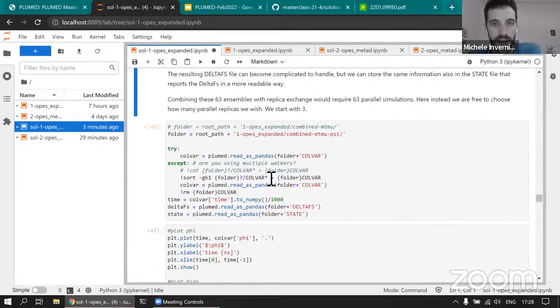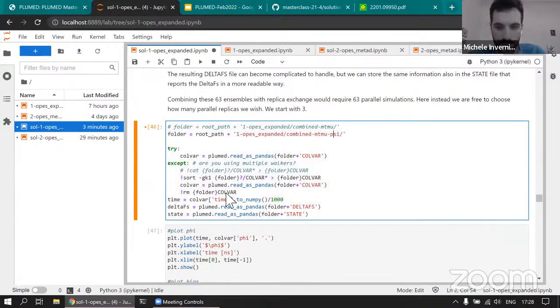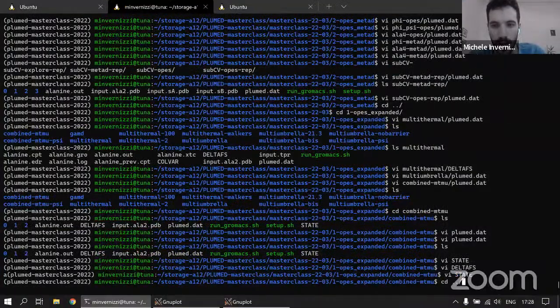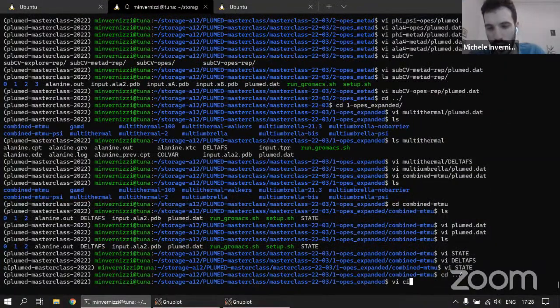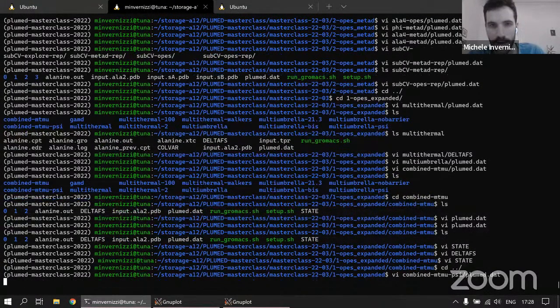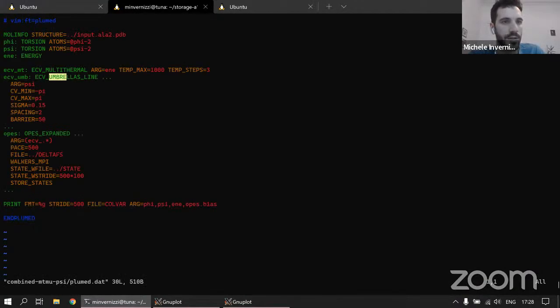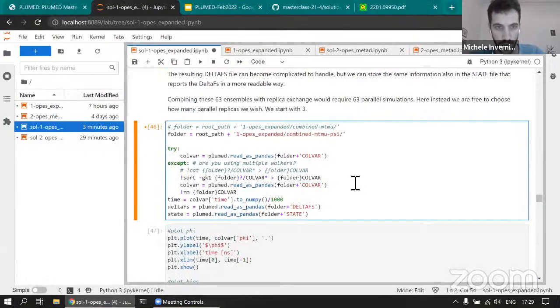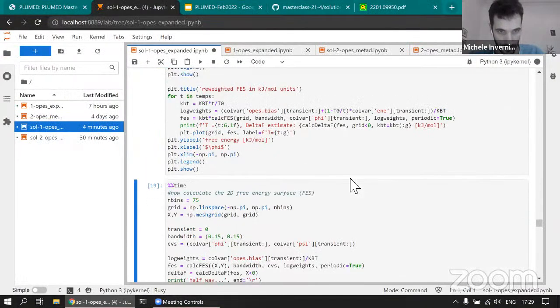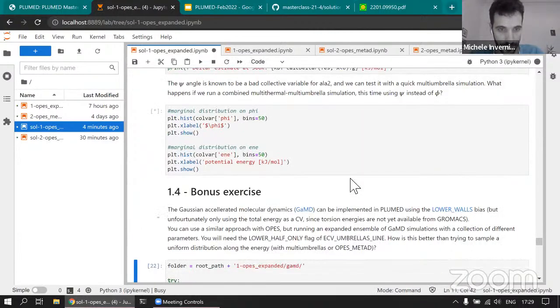Now I do the same here. I will update, by the way, the tutorials, so you have all of these solved exercises and you can have a look. Everything is the same. I change only this line, and I'm putting the umbrellas over psi instead of over phi. What I obtain